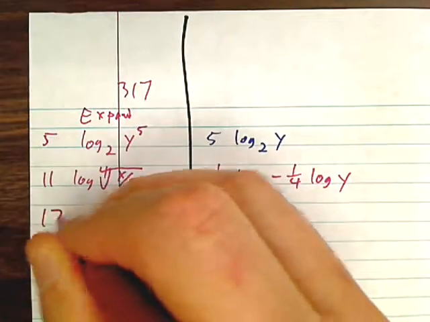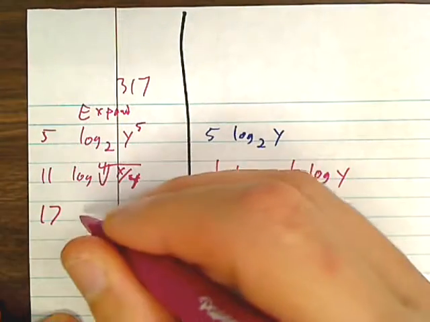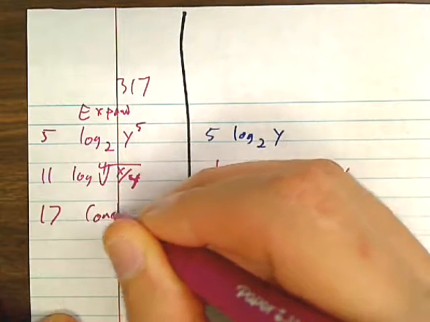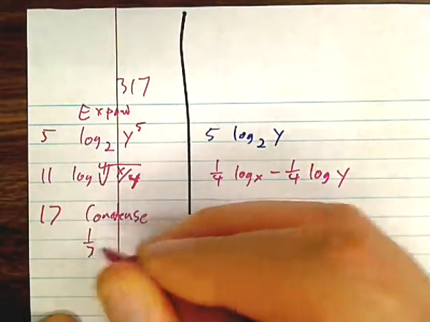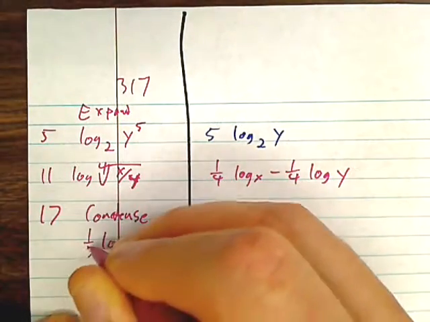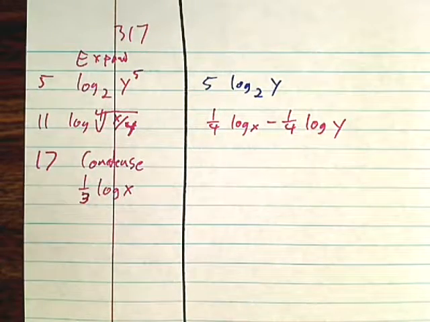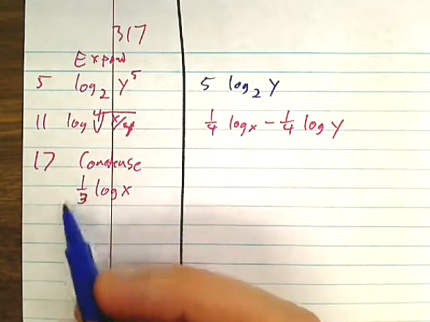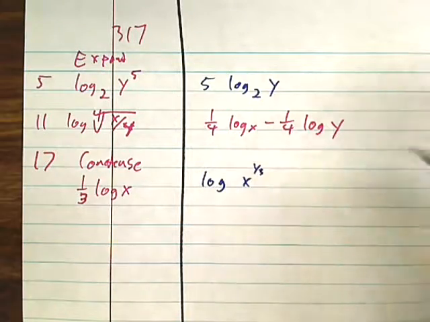Next, we're going to look at number 17. Number 17 says 1/3 log x. The instructions change. The instructions now are condense. Condense 1/3 log x. Okay, go ahead and try that. I'm going to pause this. Okay, so the 1/3 becomes an exponent, so this would be log of x to the 1/3 power, but let's